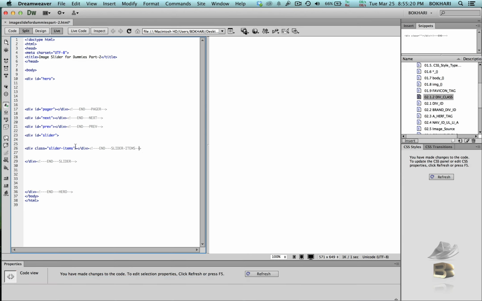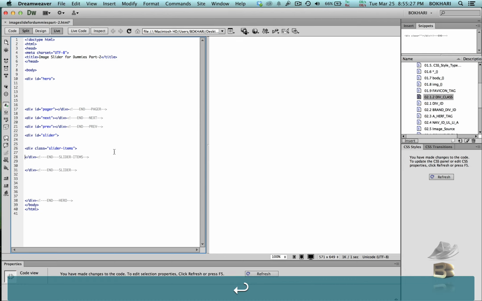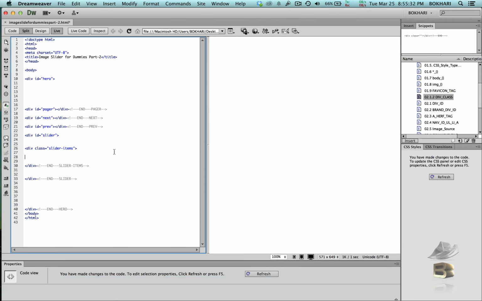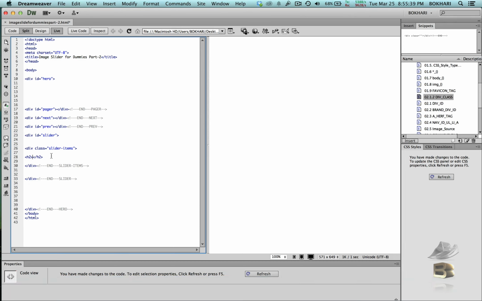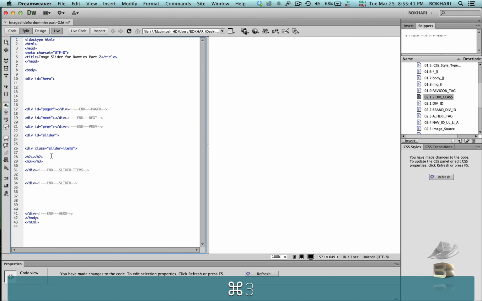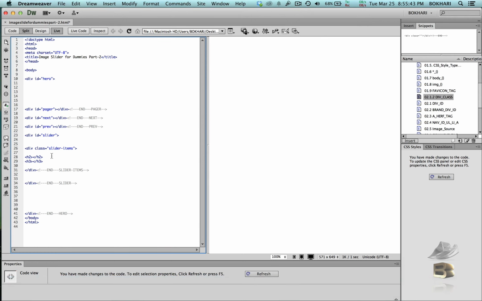Okay, all right, then within these div class slider items we are going to add 3 more things. So first we're going to add an HTML header tag, and the header 3 tag. Just press command 2 1 2 3. It's like that, command 2 for header tag 2, and then just give it a class,